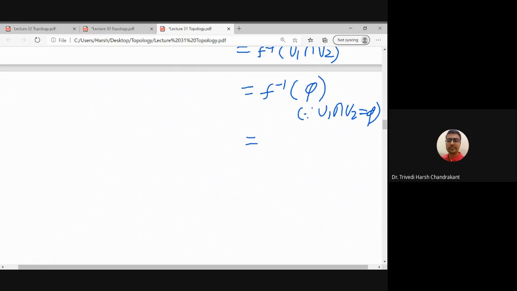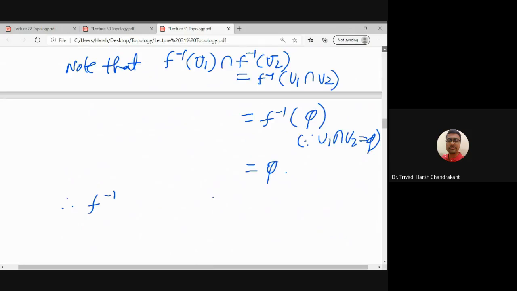And we know f inverse of the null set is always the null set. So what we proved is f inverse U1 intersection f inverse U2 is the null set. Therefore f inverse U1 and f inverse U2 are disjoint,